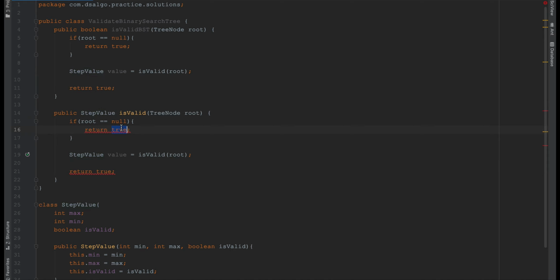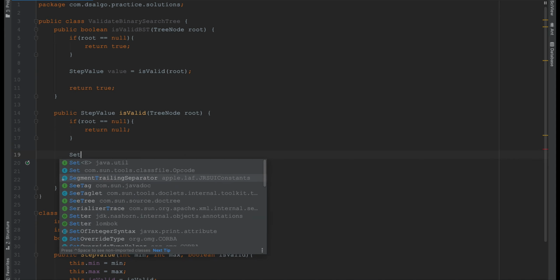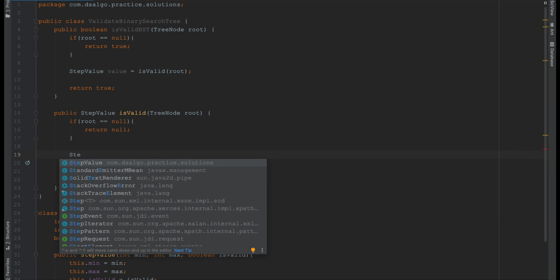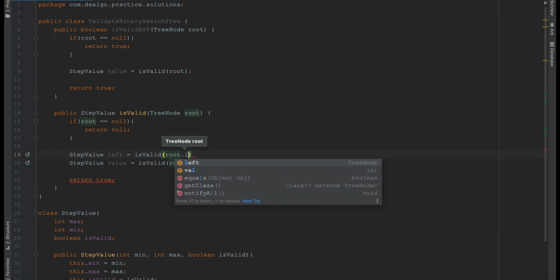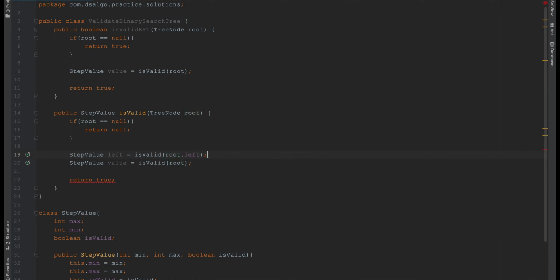Now what we have to do is look for StepValue left equal to isValid of root.left.